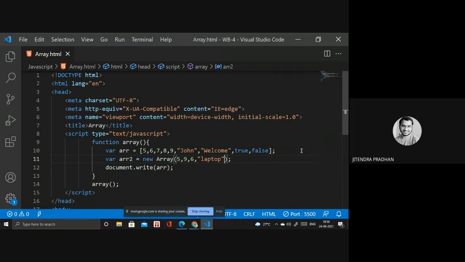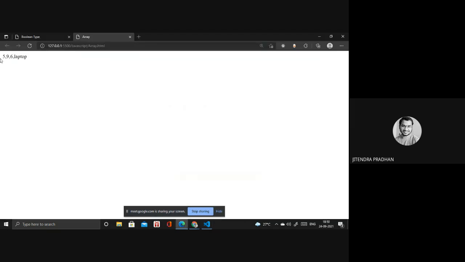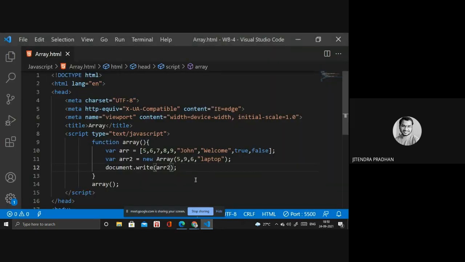I want to print that value, so I write array 2. Okay, it printed 5, 6, 5, 9, 6. I hope you got this point: by using two types we can declare the array inside the browser, or whatever we need when creating a website.